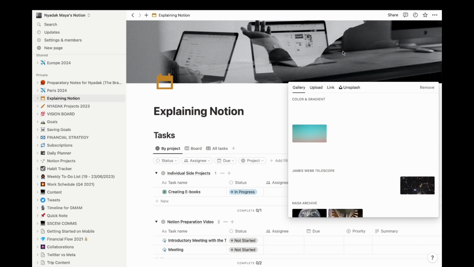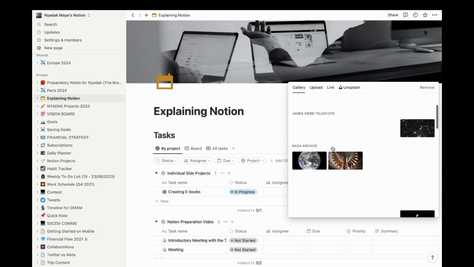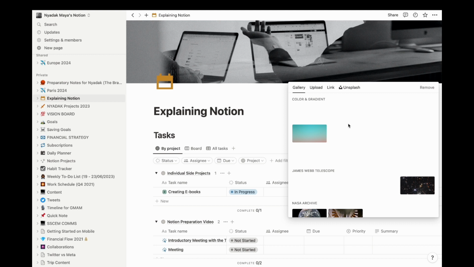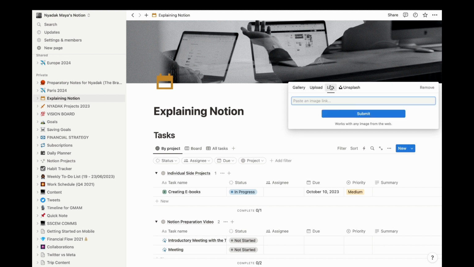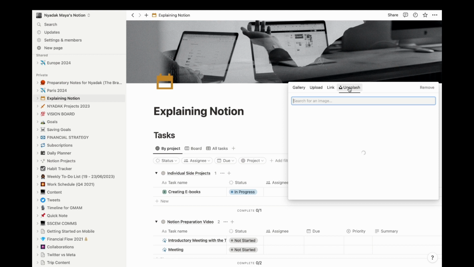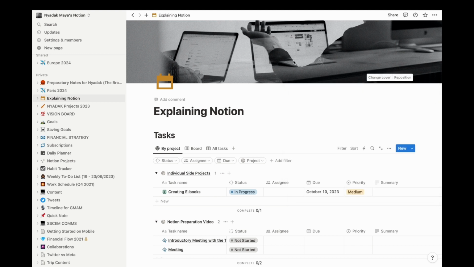I don't necessarily want to change the cover because this helps me, but I just want to show you. You have options. There's an internal gallery on Notion, so you can pick any of those, or you can upload a picture from your computer. If you already have something that inspires you, you can use a link. They also have an integration for Unsplash, which is a free source website, I believe, for images. You can also search keywords for some of the images you want,